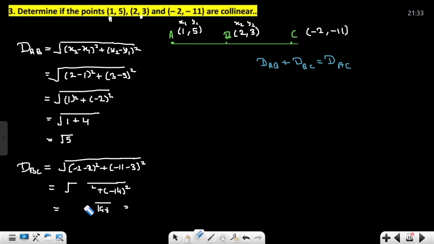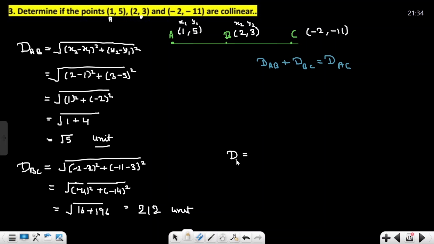4 square is 16, right here, minus 4 square plus 4 square is 16 plus 196 and root. What we get? 6, 6, 12 and 212 unit. Okay, any unit, centimeter, meter, anything else. Now we find